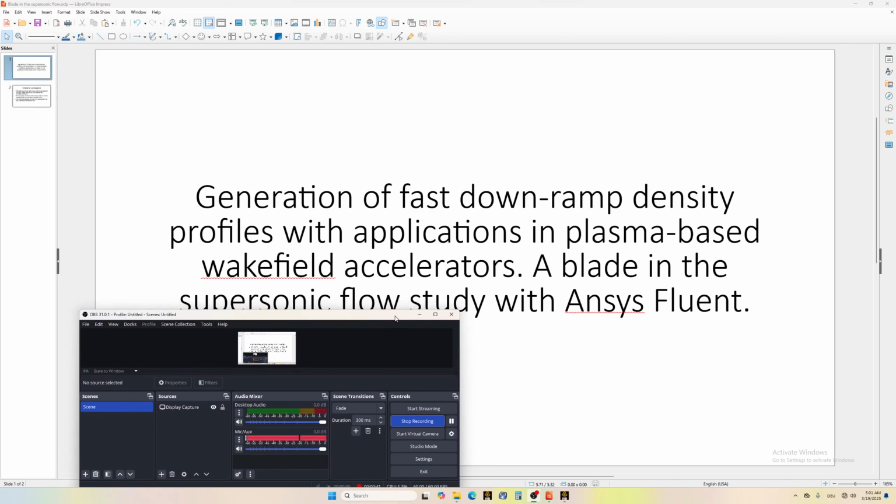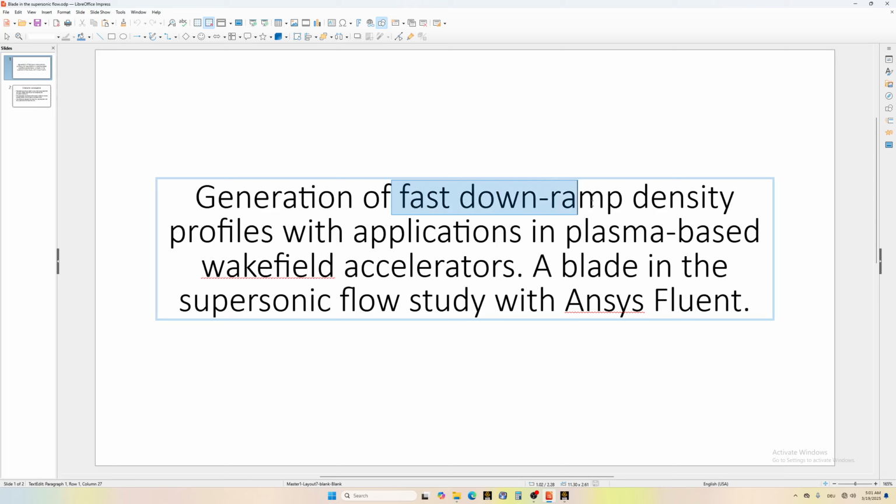So this type of density profiles, what they are called fast down ramp, are used in plasma-based wakefield accelerators as a method of electron injection. It can create very good quality electron beams and, debatable, also quasi-stable. So let's